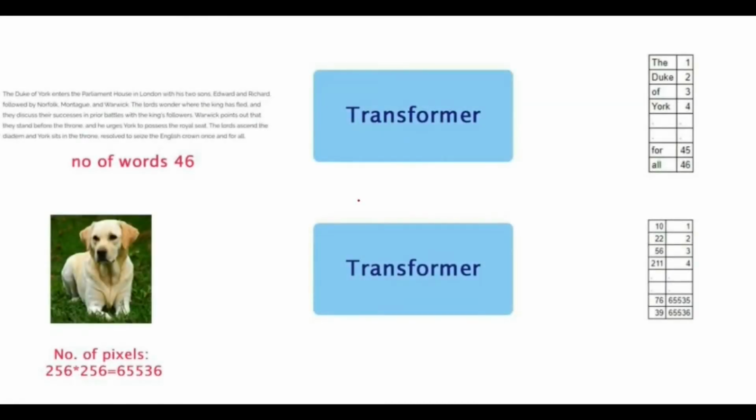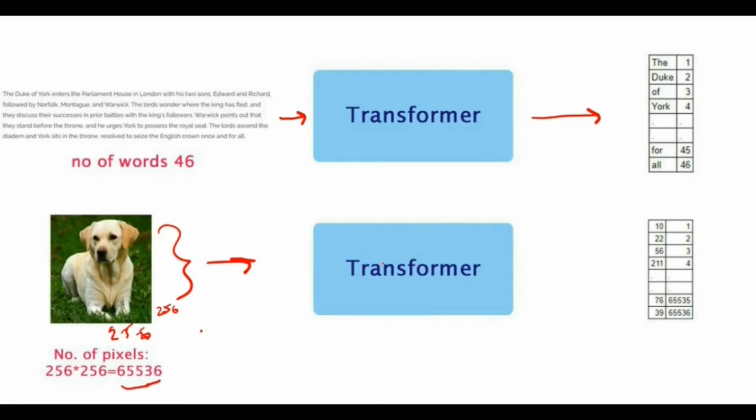For language tasks, it was fine as the maximum input sequences would be batched around 1000 or so. However, when considering images, our input sequence would be all the pixels in the image. For a simple image of 256 by 256, which is 256 of width and 256 of height, our pixels would be around